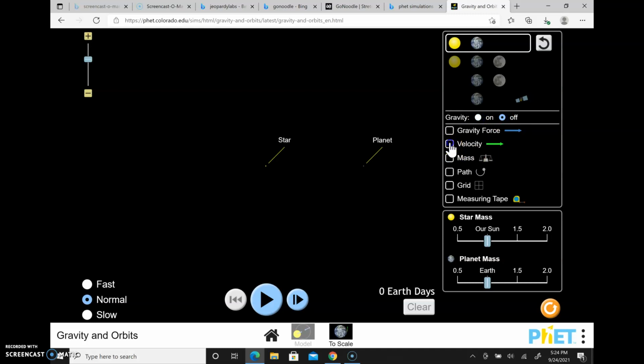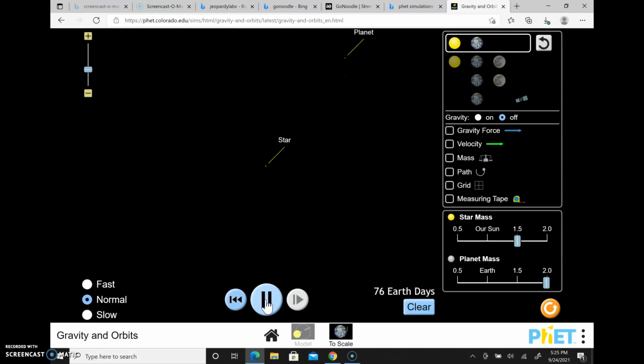Okay, and then like the velocity, you can change the velocity, change the mass of the sun, the mass of our planet. Okay, it tells you the mass. And then whatever you pick here, this spreads it out more, this makes it closer. Okay, so then once you've picked your information over here, then you click play and it will show you